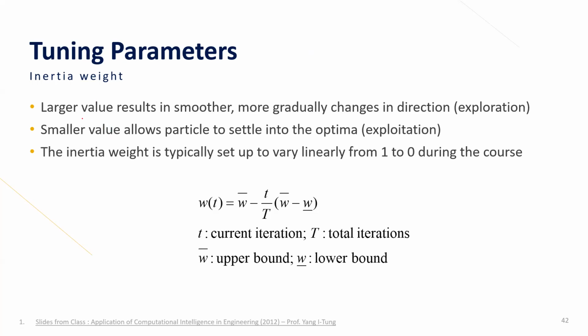But normally we will try to balance. In several particle swarm optimization implementations, there is also a unique approach at the initial iteration. When you first search the solution space, some implementers try to give a big value for the inertia weight. What it does is it means you want to explore more at the initial stage.